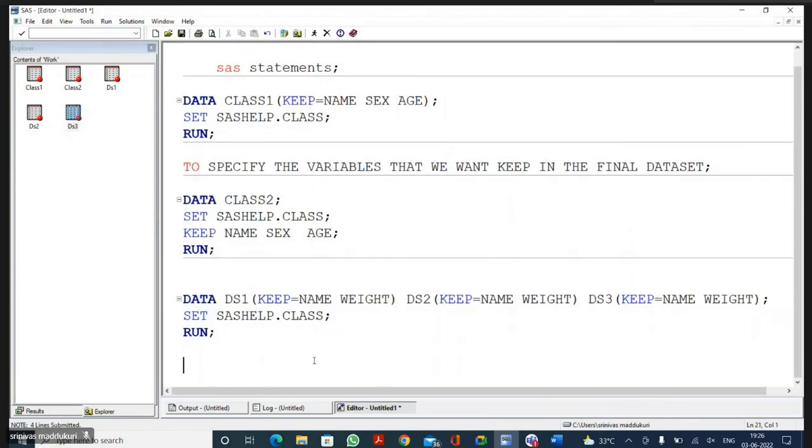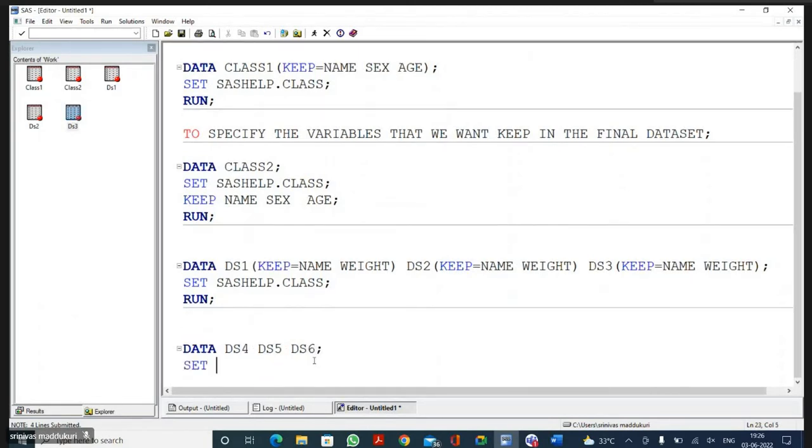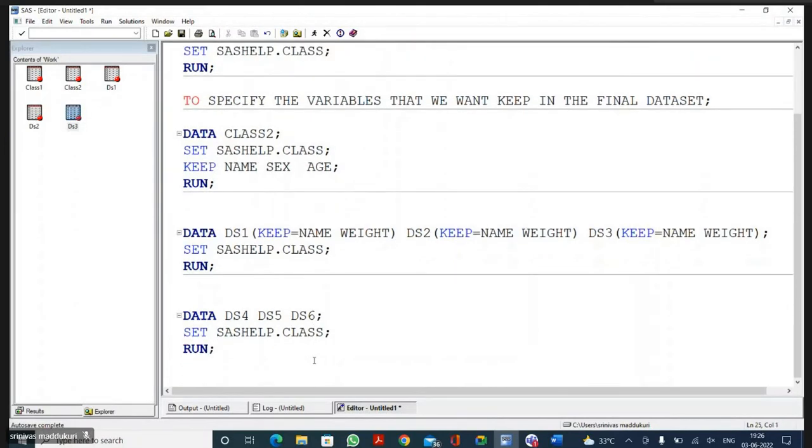But now I want to create a DS4, DS5, and a DS6. In all the three data sets, I want to have the same variables. I'm writing SAS help.class. In all the three data sets, I want to have name and height. Now, instead of writing any option like this one, I'm writing a statement. Keep name space height semicolon. What are the variables that we are going to have in DS4, DS5, and DS6? In all the three data sets, we are going to have the